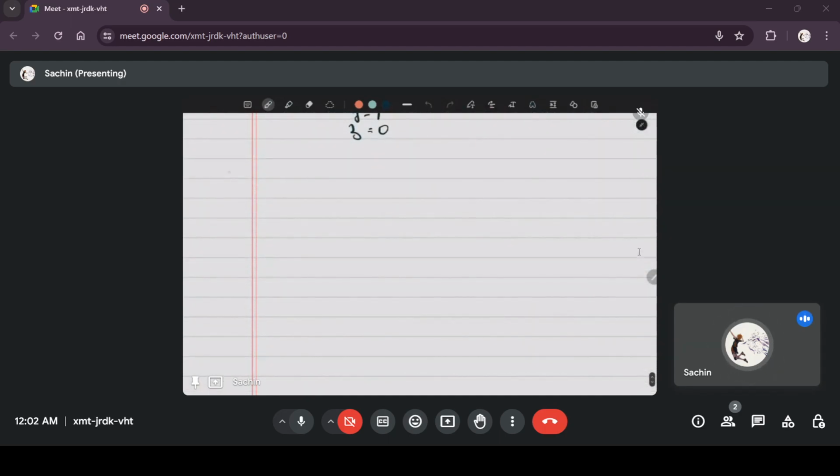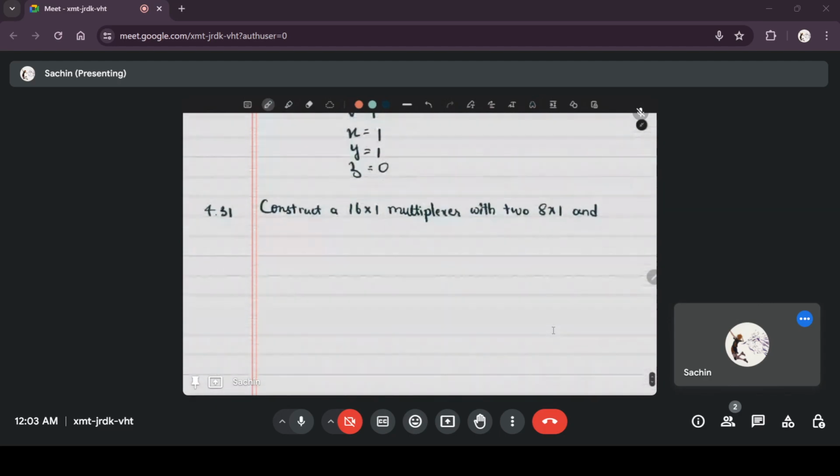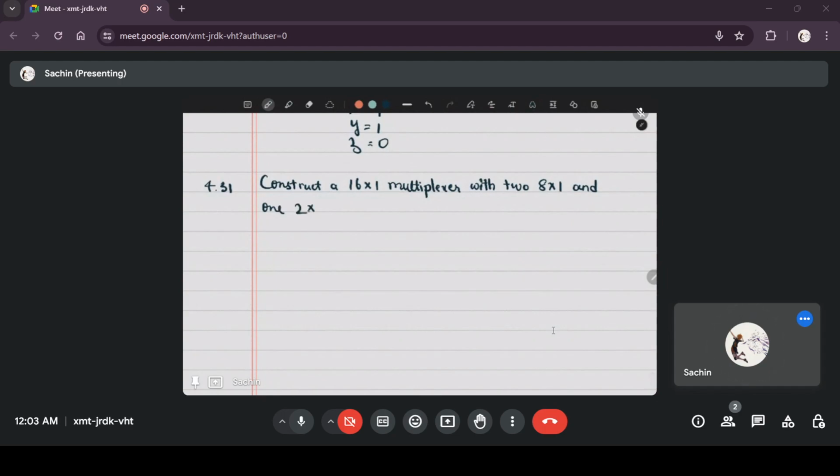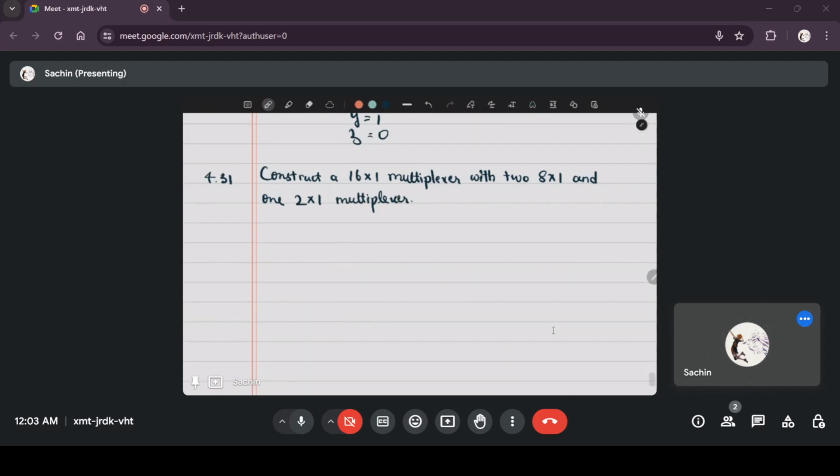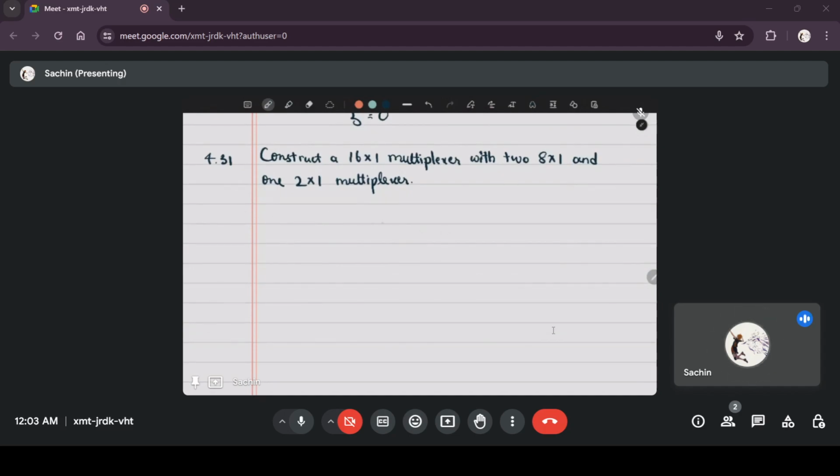Moving on to problem 4.31. Construct a 16:1 multiplexer with two 8:1 and one 2:1 multiplexer. Solution for this is